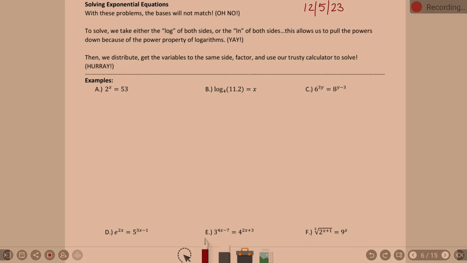And keep in mind, if you have a log, you can hit the log button on your calculator, and thus, as I said, we need calculators today. And then we will distribute, get the variables to the same side, factor. We're going to use the calculator to solve. So, as we look at A,